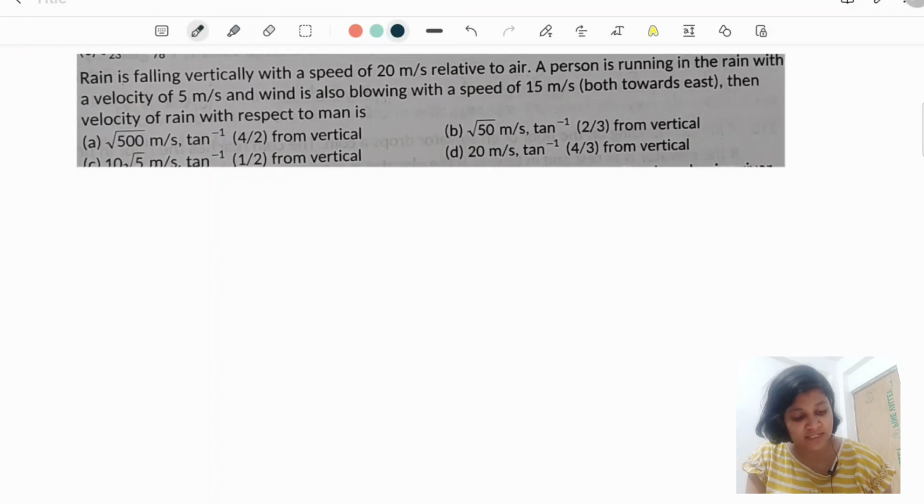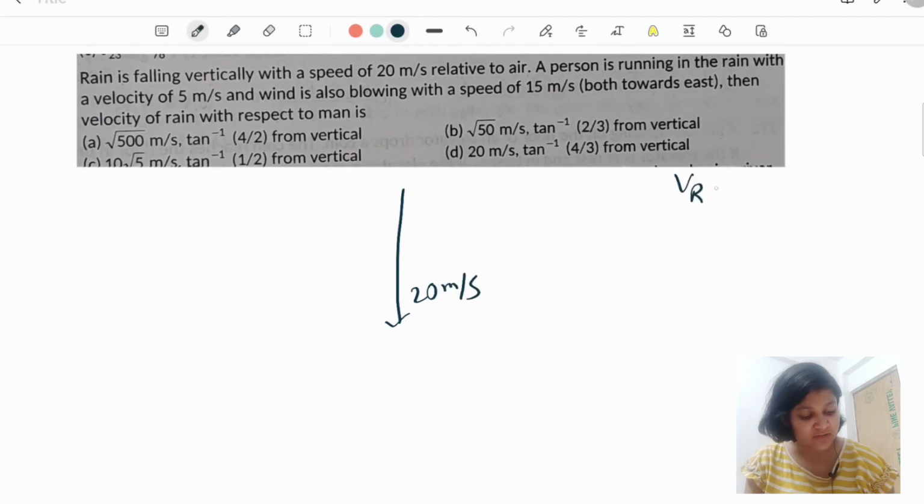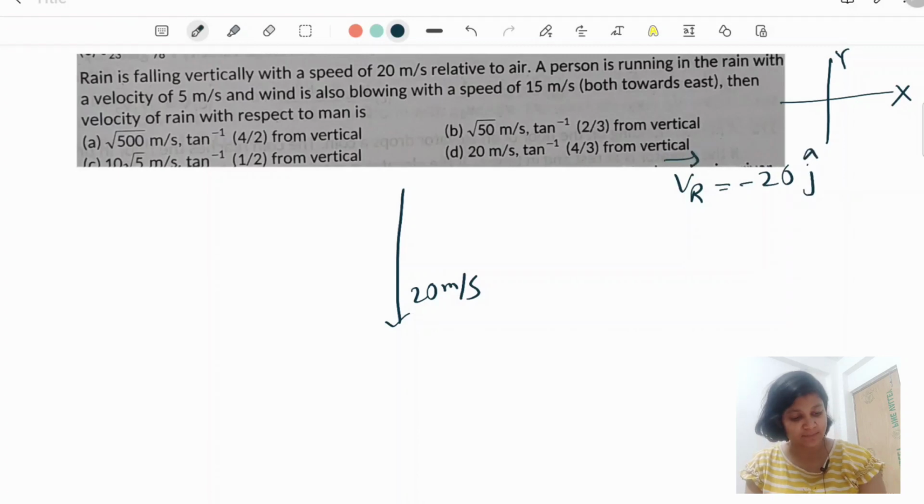So here they are saying that rain is falling vertically with a speed of 20 meter per second. So the velocity of the rain is along the negative y-axis. Let us consider this is our y and this is our x. So our rain has a velocity which is minus 20 meter per second. A person is running in the rain with a velocity of 5 meter per second. So a person is running in the rain and